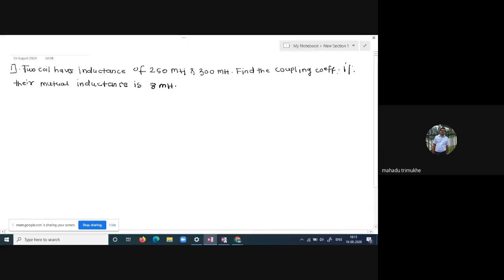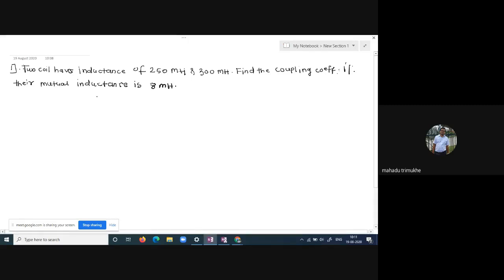So our aim is to find the coefficient of coupling. We have two coils with inductances 250 millihenry and 300 millihenry, and the mutual inductance is given. So now we know the formula for the coefficient of coupling, that is K. What is K? K is nothing but